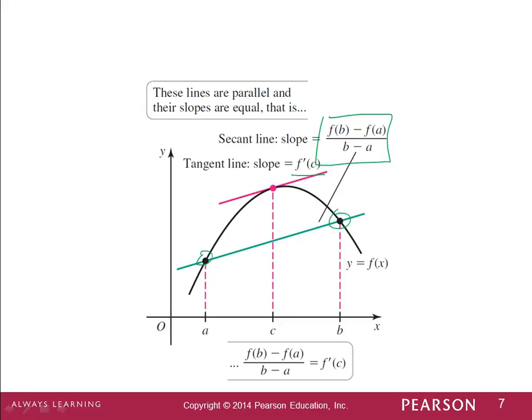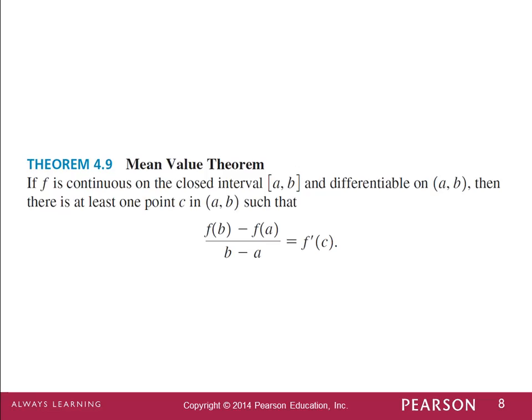And so what we see is that there's some point, in what is pictured here, where this tangent line is parallel to our secant line. And so we see at this particular point c, our tangent slope is equal to our secant slope on the interval. And so once again, that might not seem all that significant until you look at it from the other end to see that if we have a continuous function f on the closed interval